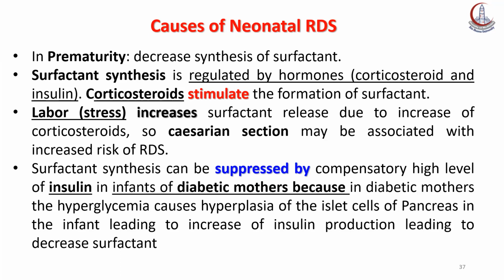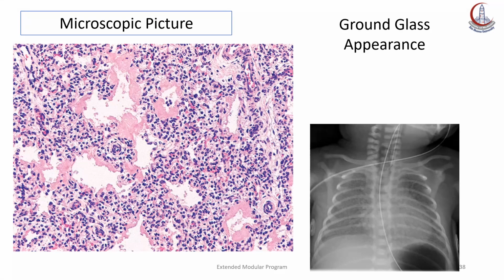Surfactant synthesis can be suppressed by a compensatory high level of insulin in infants of diabetic mothers, because in diabetic mothers, the hyperglycemia causes hyperplasia of islet cells of the pancreas in the infant, leading to increased insulin levels and decreased formation of surfactant. This microscopic picture shows the alveoli lined by hyaline membrane, and this X-ray shows a ground glass appearance,